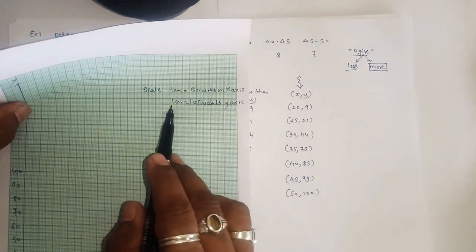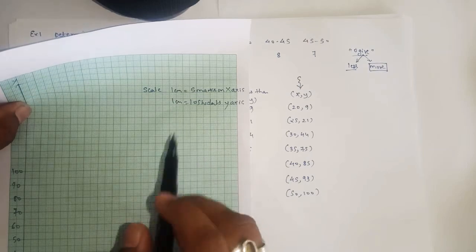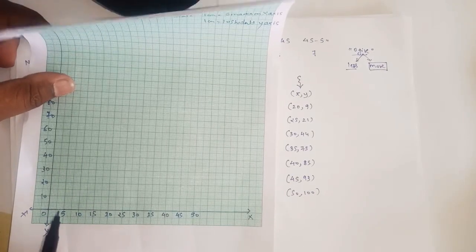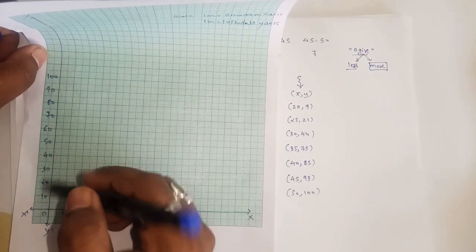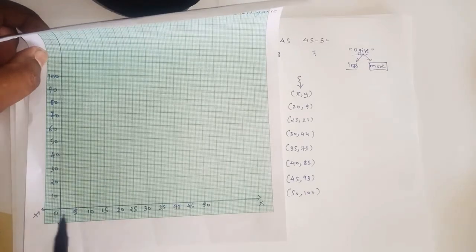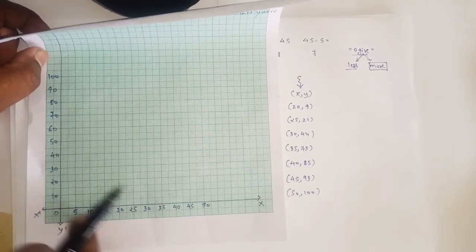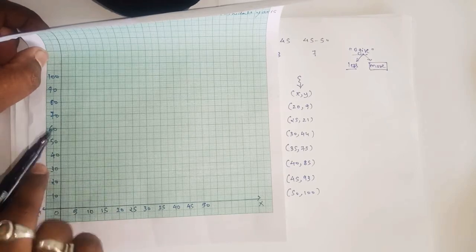Now we'll see what number we have to take on the y-axis, and see to it that if you consider 1 centimeter gap on the x-axis, then on the y-axis also you consider 1 centimeter only. Don't do it like 1 centimeter here and 2 centimeter there. The scale should be the same: 1 centimeter, 1 centimeter, 2, 2.